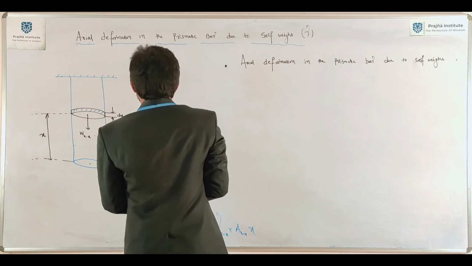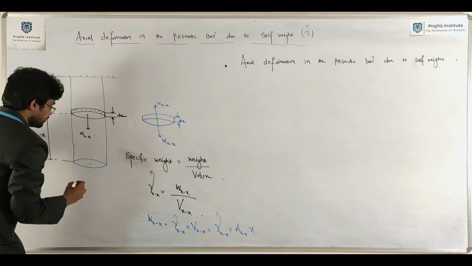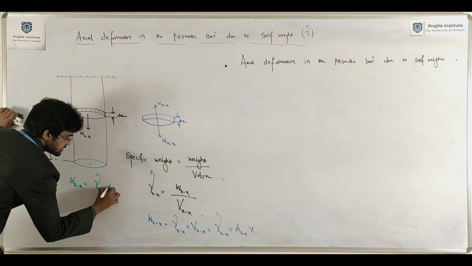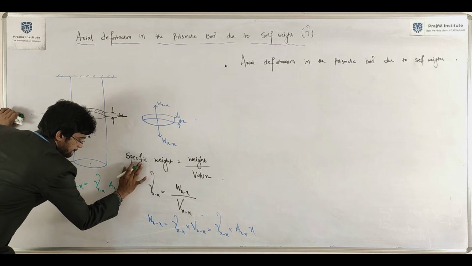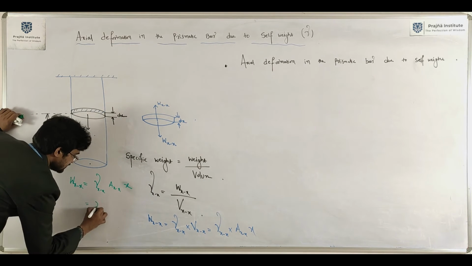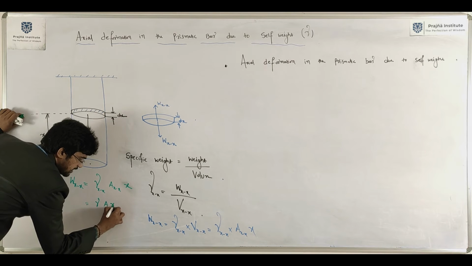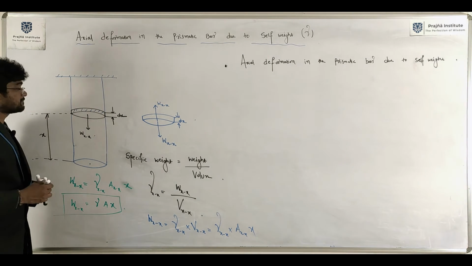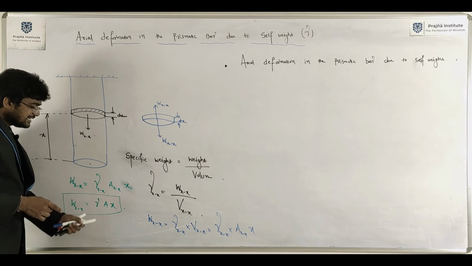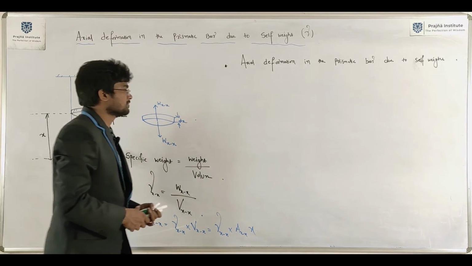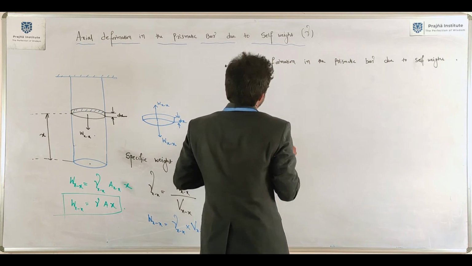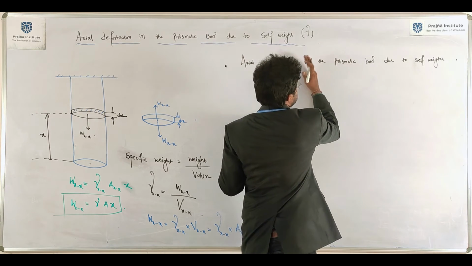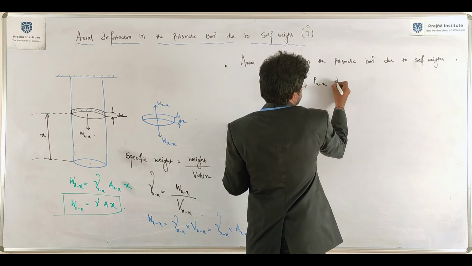Here you have written the load: Wx equals gamma x Ax into x. Here gamma is the same, and Ax is also A. The weight of the prismatic bar varies linearly with the length of the bar. Now d delta equals Px dx by